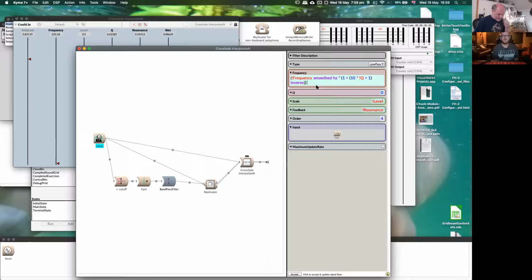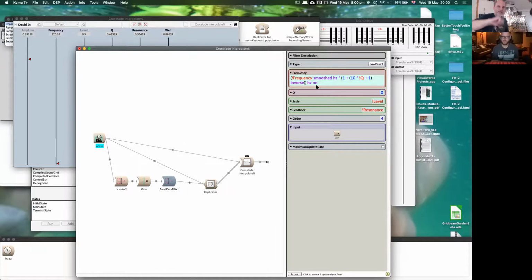Here's a cool trick. This is in hertz. If we cascade the units hertz to NN, we're now in logarithmic, in note number, which means we can add them. If we add 12, we go up an octave. If we subtract 12, we go down an octave, which is great for modulation. If we keep it in hertz and want to go up an octave, we'd have to multiply by 2, and to go down an octave we'd have to multiply by a half. So it's a bit harder to do.